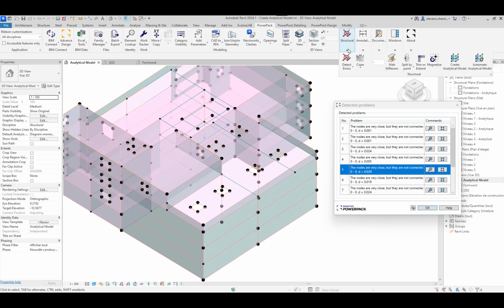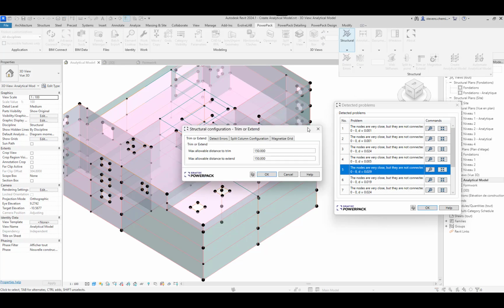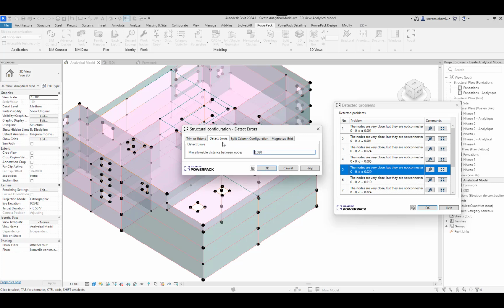detect problems command that you can find here. Here, with these small icons, structural configuration, you will see some options. And you see here minimum allowable distance between nodes, so you can place a value, and this value will be used as an assumption to run the detect error command.